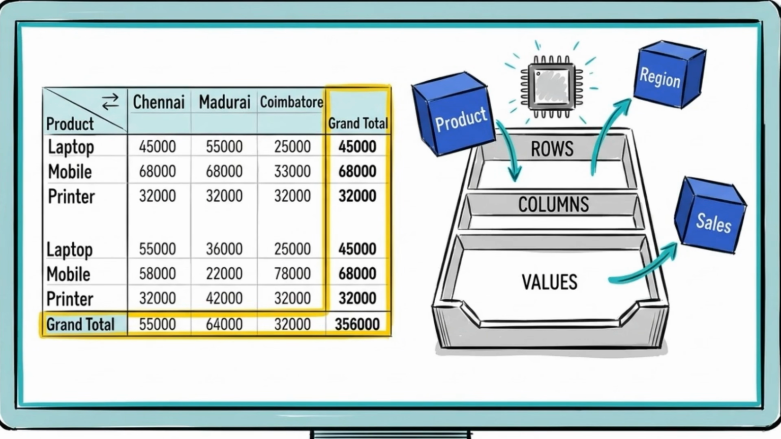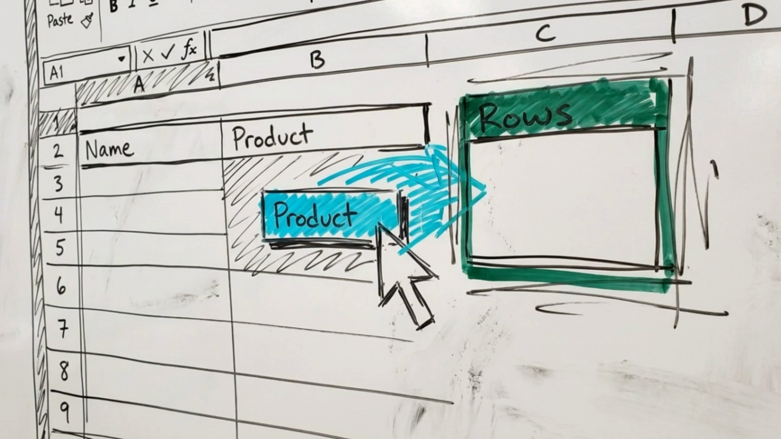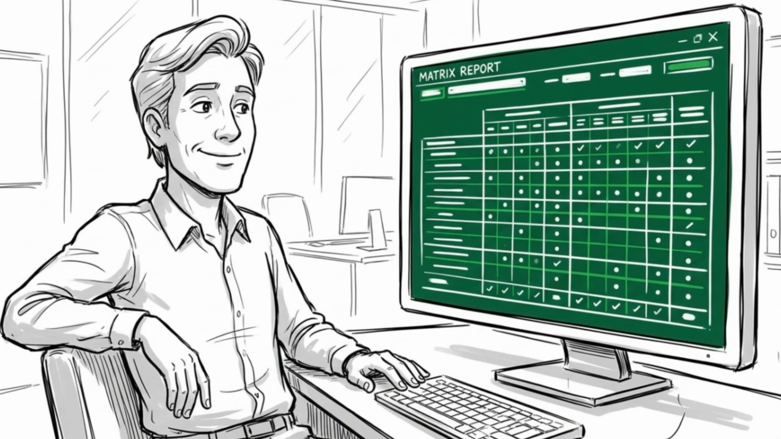Watch the mapping logic. Dragging product to rows generates a vertical list. Dragging sales to values calculates numerical totals instantly. Drag region to columns to expand the grid horizontally. Finally, the engine automatically adds grand totals at the edges. By simply arranging these category labels into specific boxes, you dictated exactly how data is grouped and totaled, all without